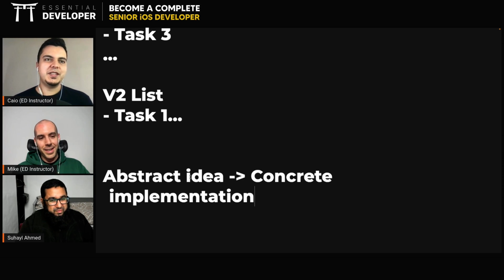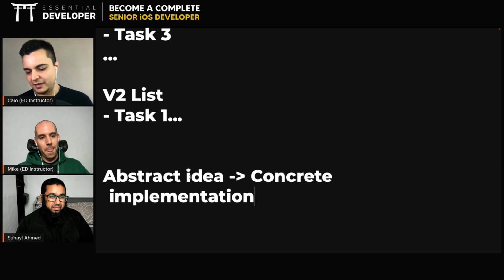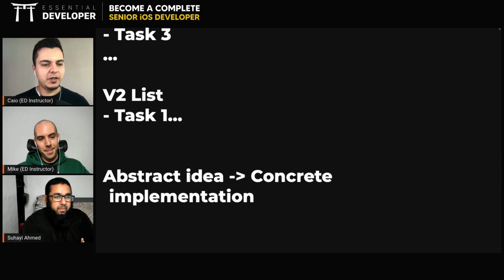Yeah, coming from this abstract idea to concrete implementation without getting distracted. Yes. Because maybe you have an idea: I'm gonna write a simple app here that does X, and you start doing it. Oh, it would be nice if you had caching, and then you immediately start doing this caching and adding Core Data and dealing with complexities of the framework now, and then start having threading issues, and then there's a crash.